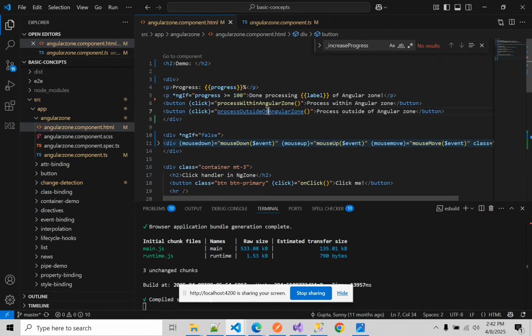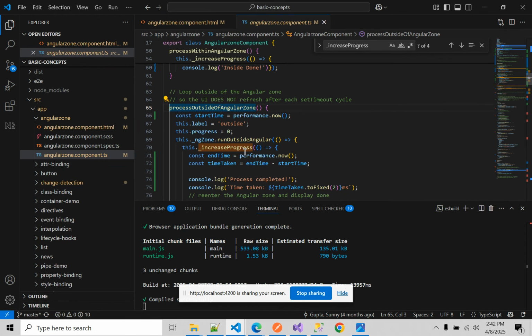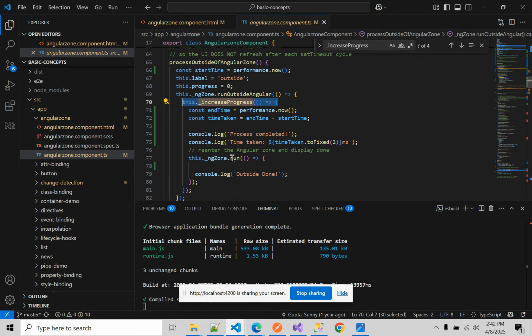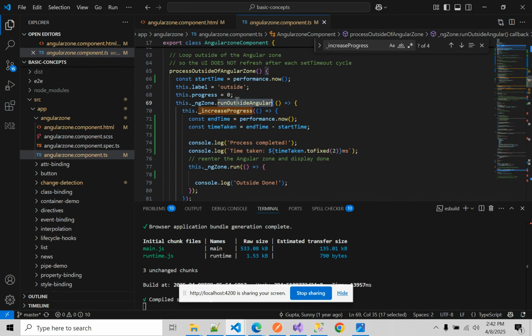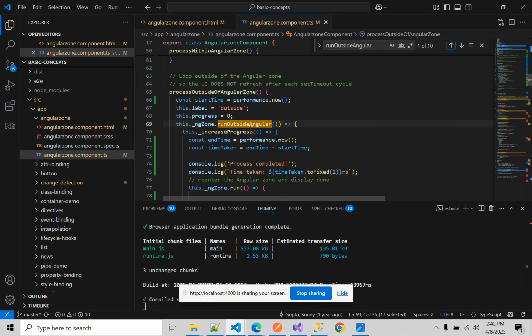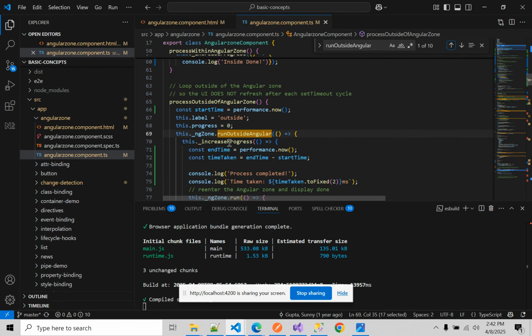The same thing we are doing outside the Angular zone. Here we are running this code outside the Angular zone, and that is why it improves performance. If you want to run anything inside the zone, you can mention that also. I added multiple options here. Later I will talk about those examples, but here just take this basic example and try to implement it. So this is the NgZone that I talked about.